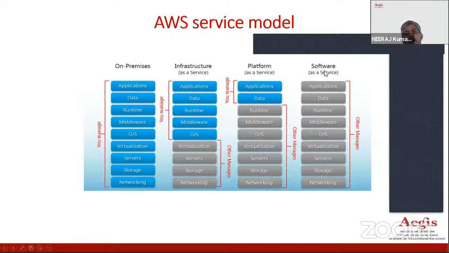And then the third and the most advanced is software as a service. You do not even bother about your applications like CRM, or any other applications which are not built by you, not managed by you, but you are just using those services or applications. So that is called software as a service. I'm not bothered about software as a service today. I'm bothered about platform as a service, because today's session is about SageMaker, which is a kind of platform as a service within AWS.